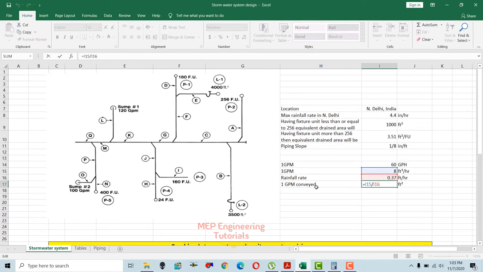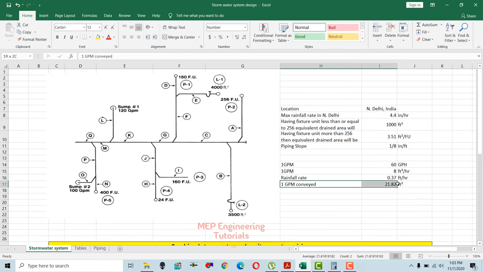So how do you get this 21.82 square feet? You just need to divide this 8 cubic feet per hour by 0.37, the rainfall rate in New Delhi, India. So you will get 21.82 square feet. Now what does 21.82 square feet mean? That means